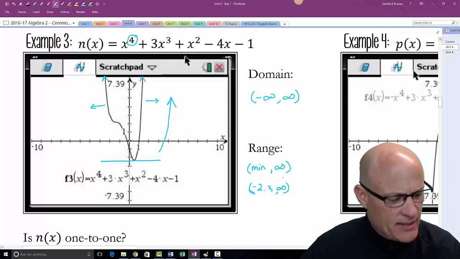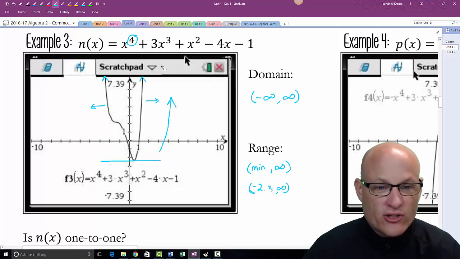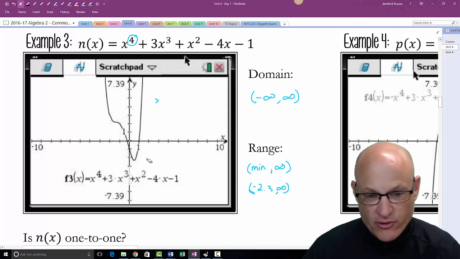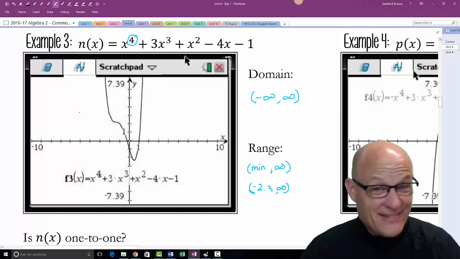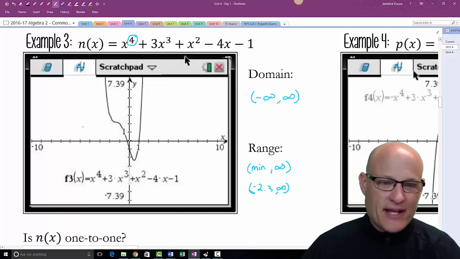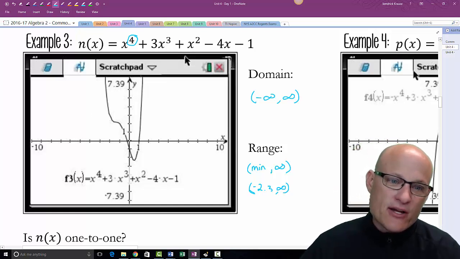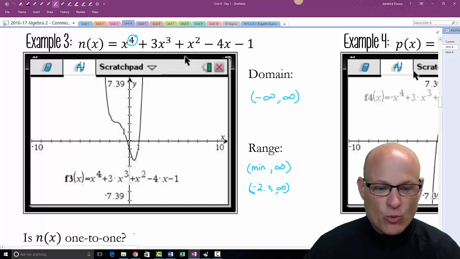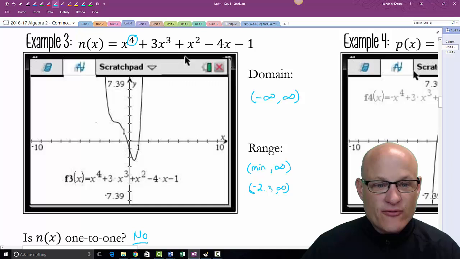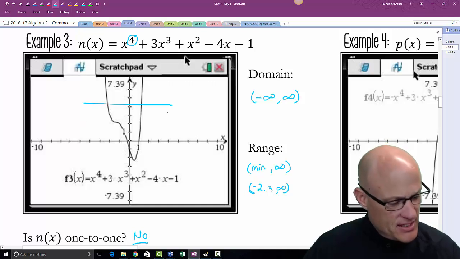Let's answer these questions at the bottom. Is it a one-to-one function? Does this pass both the vertical and horizontal line tests? I should probably ask you, just as a reminder, is it even a function? Well, yeah, it is. It passes the vertical line test. You got to remember, if I draw an exact vertical line in here, I'm only going to hit it once here. I know it looks like a vertical line, but it's not. So yes, it is a function, but it is not one-to-one because it fails the horizontal line test.